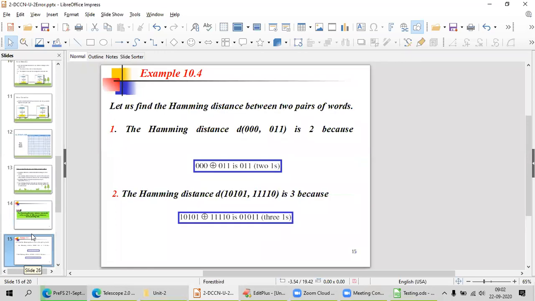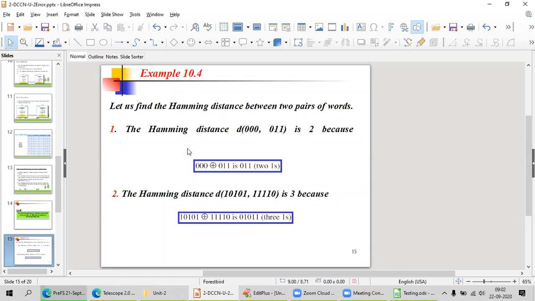Here you see 0 0 0 XOR 0 1 1 is 0 1 1. Why? 2 ones give the distance, so the Hamming distance is 2. You better know about this; I need not explain more, I think. Okay, the Hamming distance from the XOR operation of 10101 and 11110 is 3.